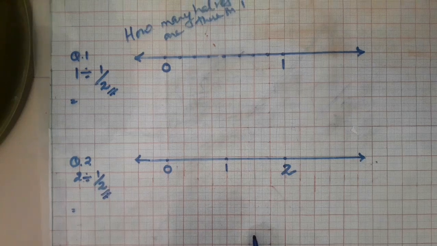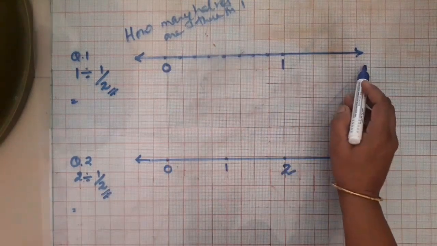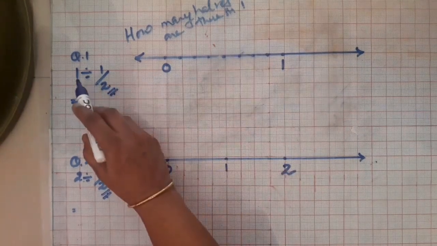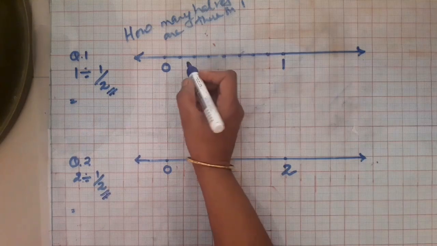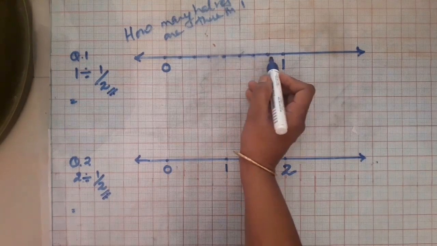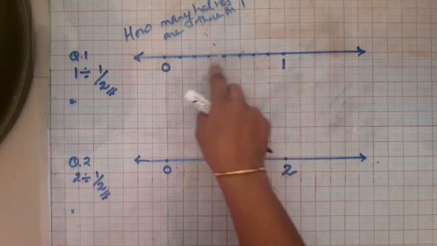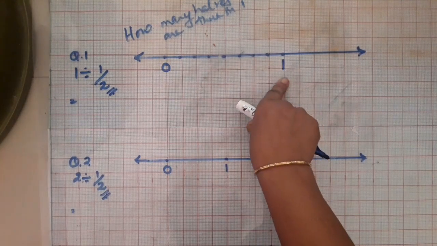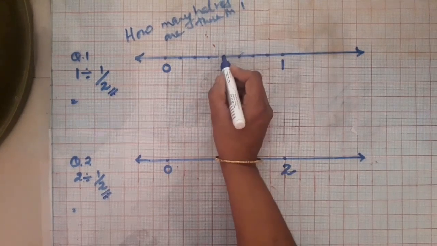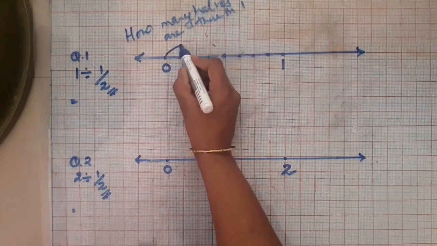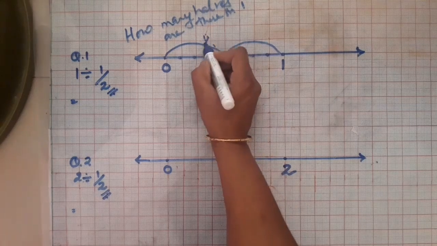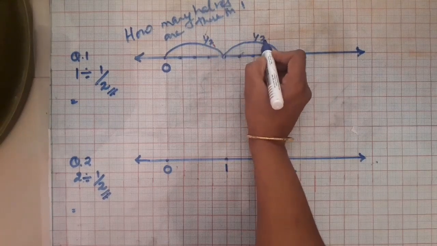in 2. Now here the number line you can see 0 to 1. I have to think how many halves are there in 1. So which is my half? Here 1, 2, 3, 4, 5, 6, 7 and 8. 8 equal parts I have drawn. Okay, so which is my half? 1, 2, 3 and 4. This is my half. So this is one jump and this is another jump. This is half and again this is also half.